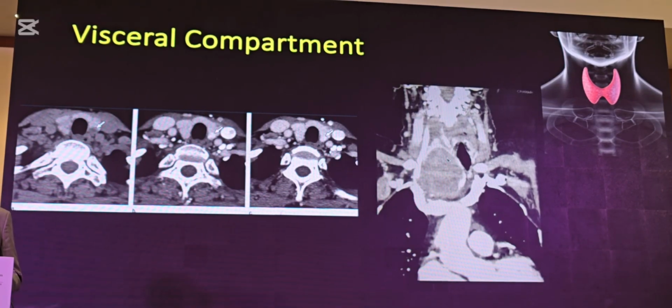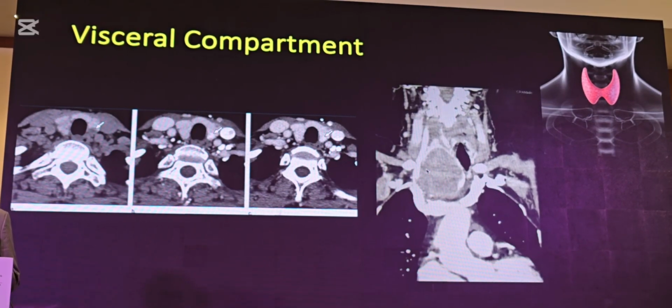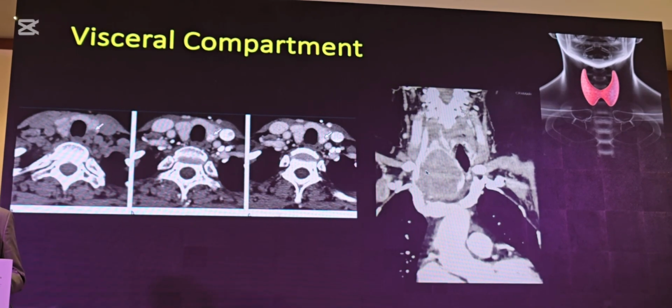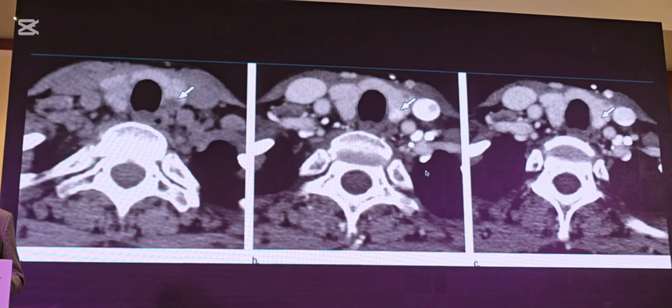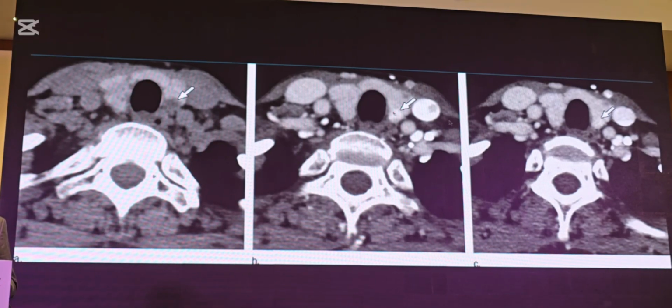So here you can see a huge goiter which is actually blocking the thoracic inlet. So when you see a thyroid neck, you can remember that it's almost symmetrical. So always compare right and left and look for any difference, all the fascial planes, etc. So here you can see there is something blackish or hyperintense compared to other part of the